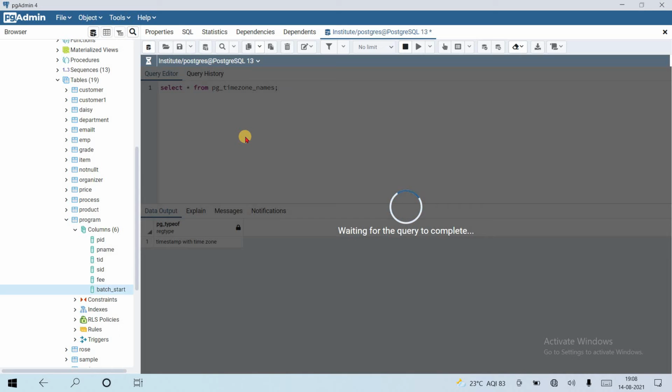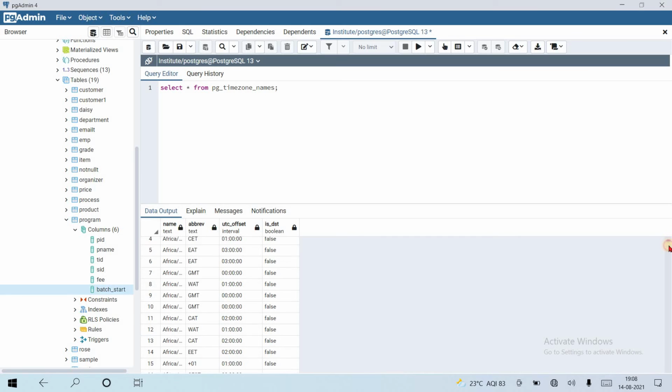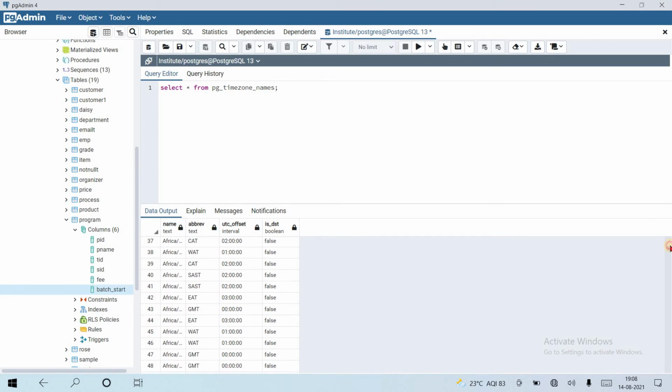Okay, it will take a few moments. You can see Africa, and this is the abbreviation. This is the UTC offset, and this is DST, which means daylight saving. Daylight saving is on somewhere. You can see that not all values are false. Here you can see some values are true also.